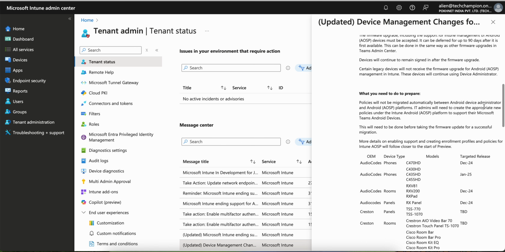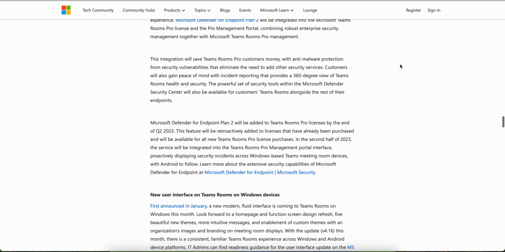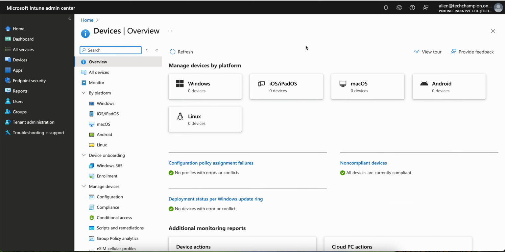You can go through this article and read about how you can configure that. Once you manage these devices through Teams Rooms devices, it will be very friendly. You just have to put the meeting ID there, right? So what you have to do here, you have to click on,